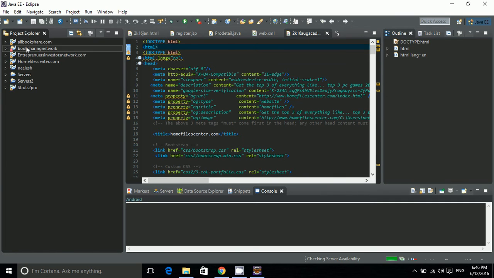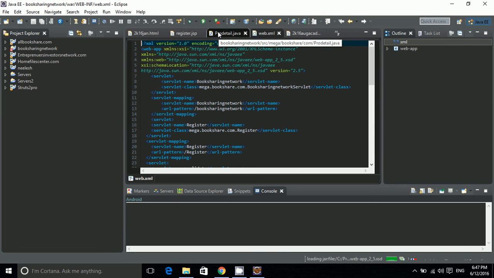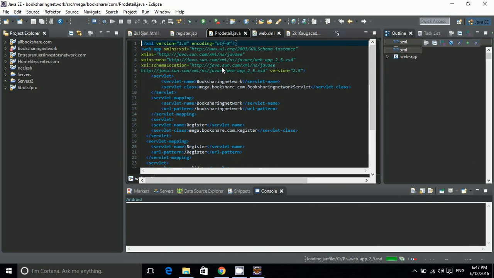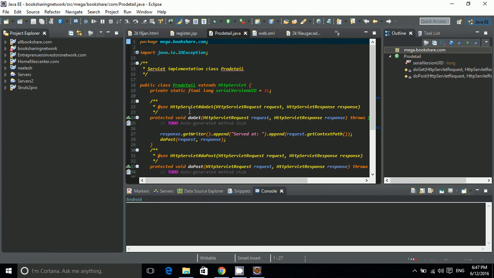Now, to develop any dynamic web applications, this is the Eclipse main menu. When it opens, Eclipse will look like this. Since I have made various projects, you can see all my projects on the left hand side, and these are the options available to you provided by the Eclipse IDE, and this is the code. These are the files which I have developed, like web.xml is a file, ProductDetail.java is a Java class which I have made. So you can see various files available here. We will talk about this in detail in my following tutorials.